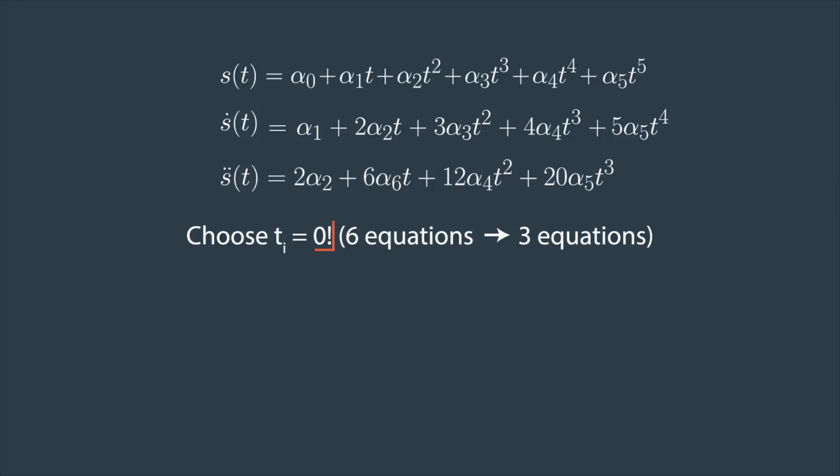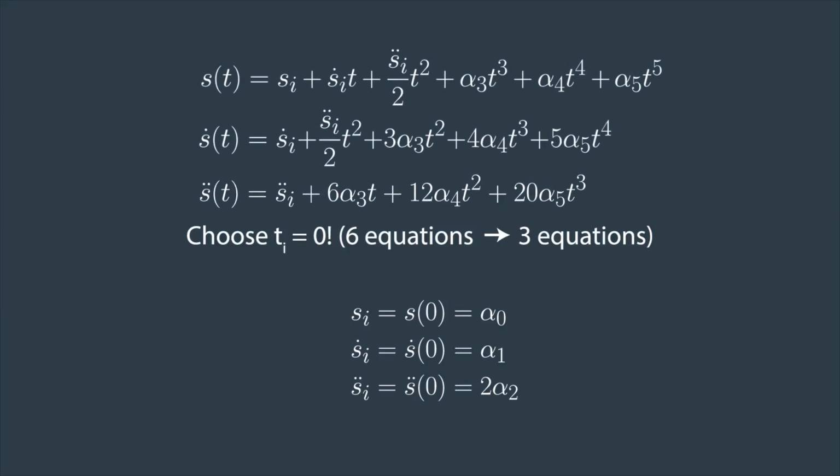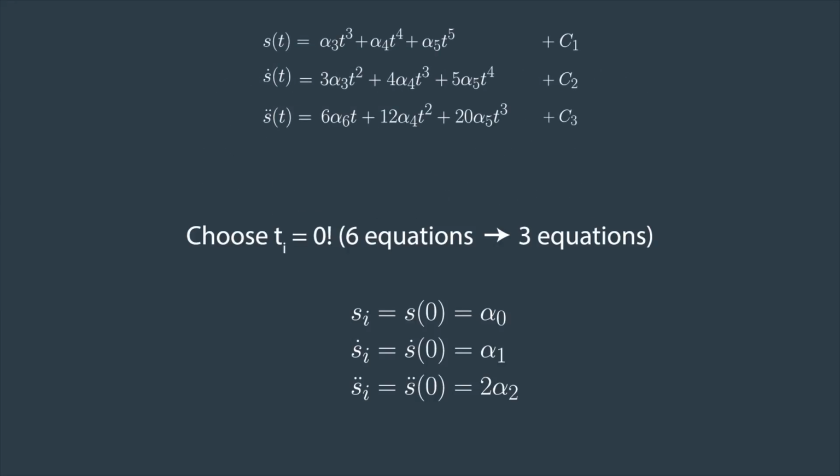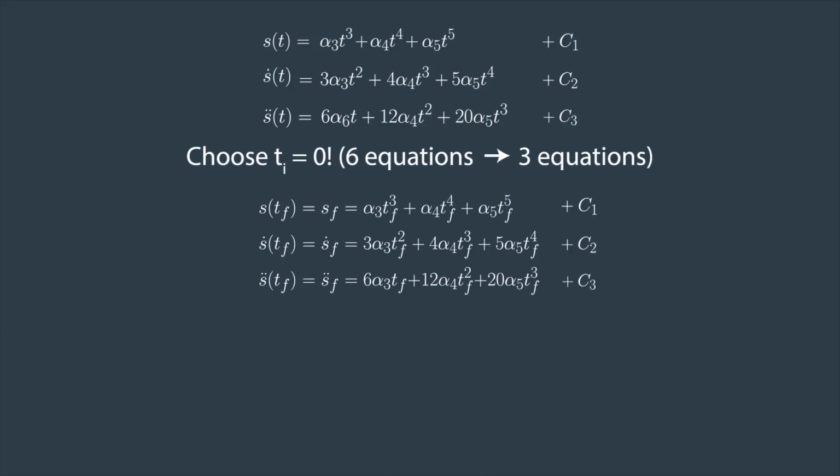We're going to set the initial time as 0, and when we do that, we find this, which means that 3 of our unknowns don't need to be identified anymore, which reduces the problem from 6 unknowns to 3. And it simplifies those 3 trajectories by removing 3 of the unknowns here. We can gather the known terms into functions of the start boundary conditions to make it look a bit cleaner. These C1, C2, and C3 terms are functions of the initial conditions.